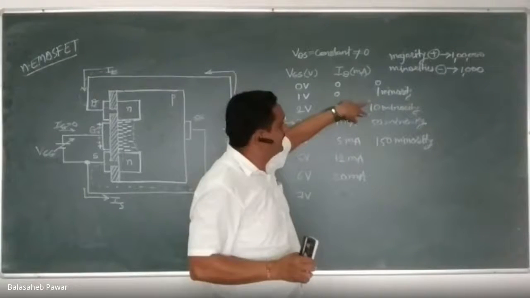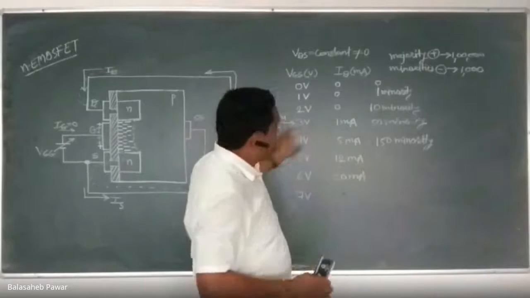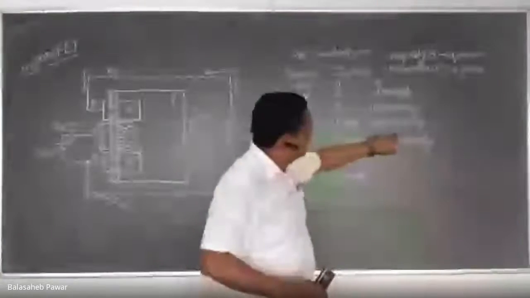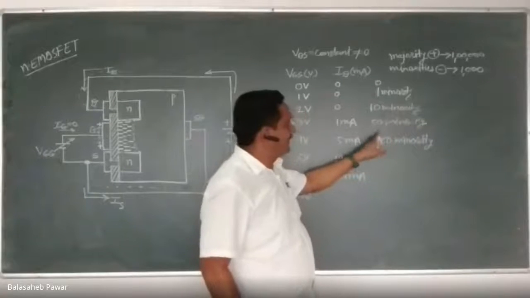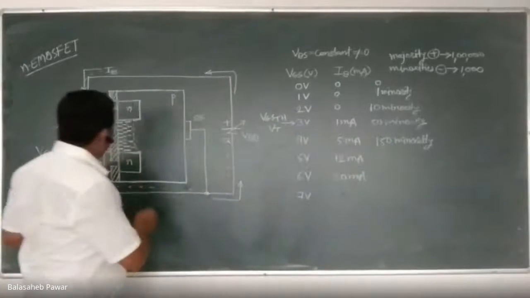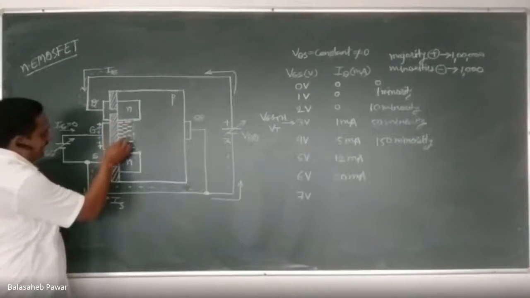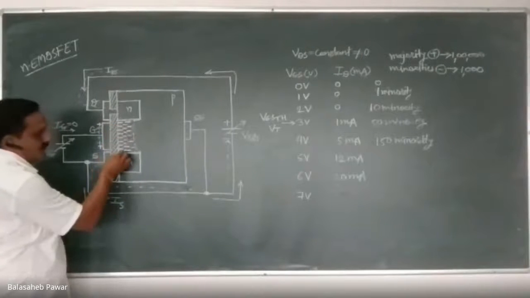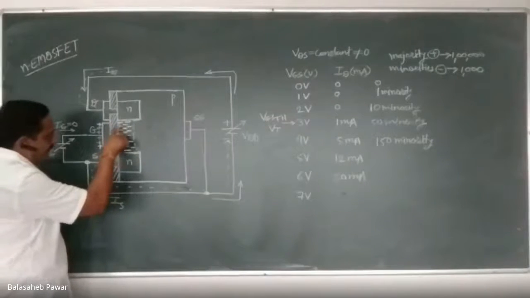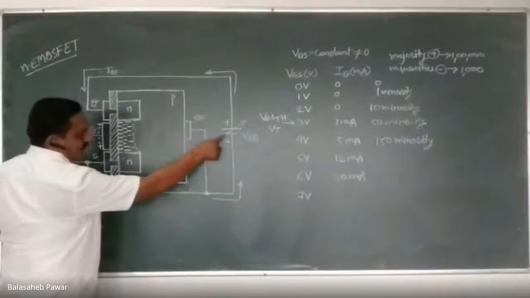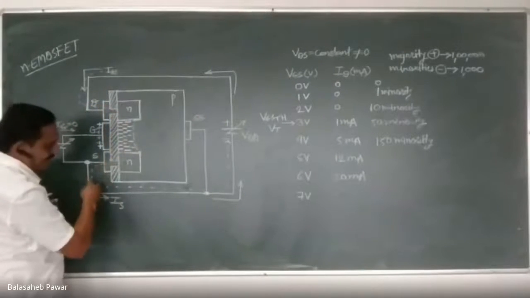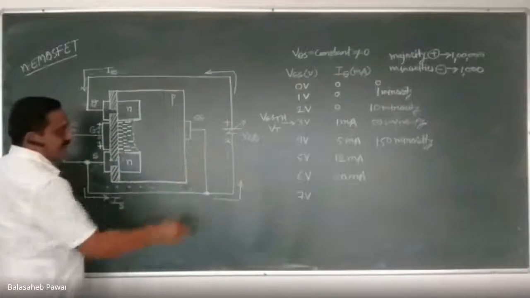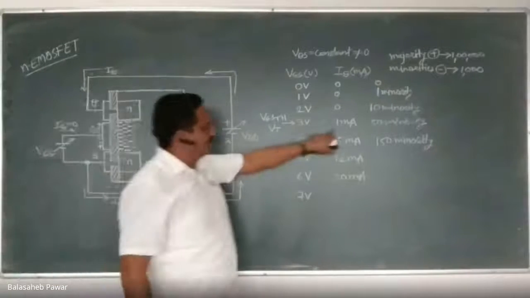Now, by the application of VGS equals VT, the minority becomes 50. Am I right? And when it becomes 50, we consider there is a formation of a single thin layer between drain to source, right? And whenever we apply somewhat non-zero VDS, those 50 minorities will migrate like this, and the current becomes only 1 milliampere.